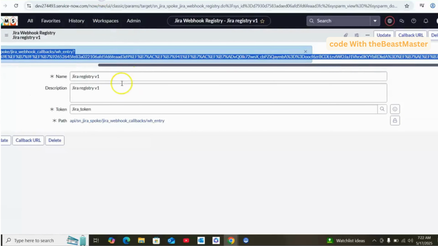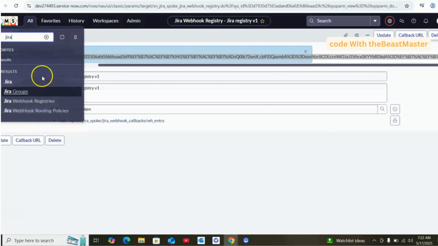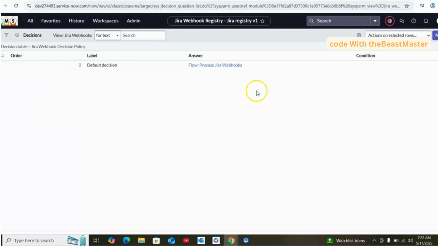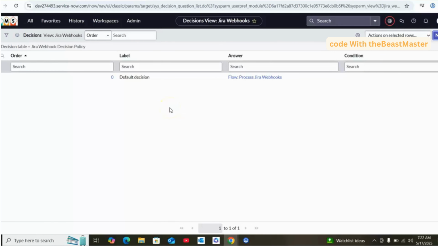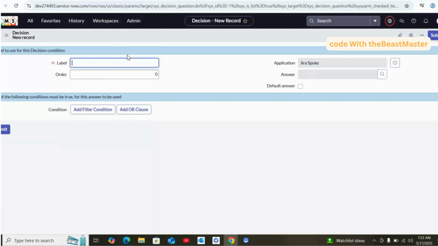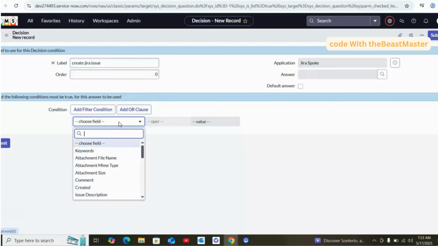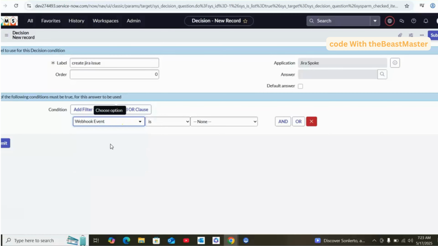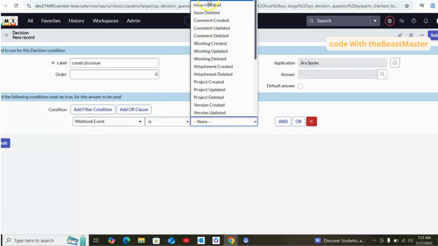Now let's go back to the ServiceNow instance, and I will go to Jira webhook routing policies, and let's create a new one. And we can give it a name. Let's say create Jira issue, and here we can select based on what webhook event we want this routing policy to run. Is, let's say, issue created,